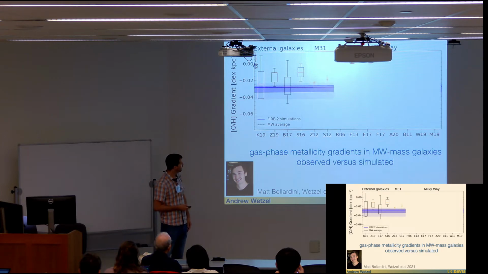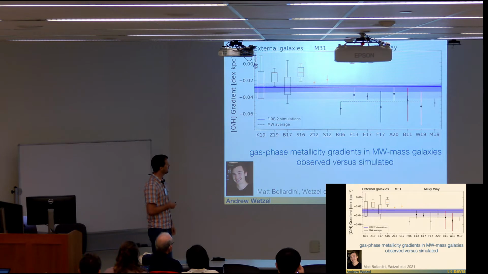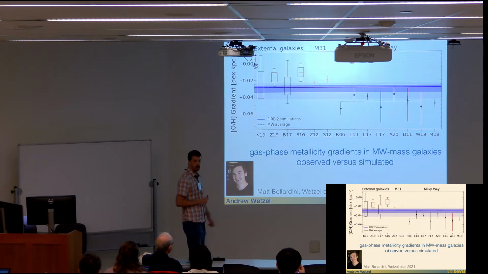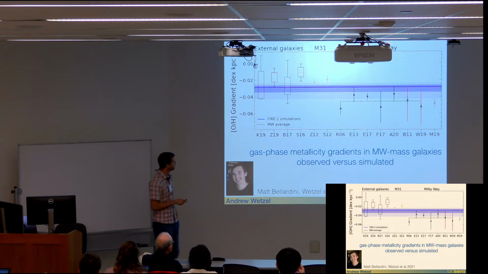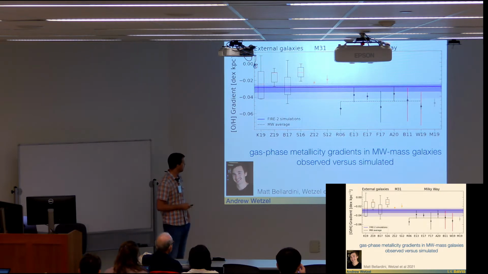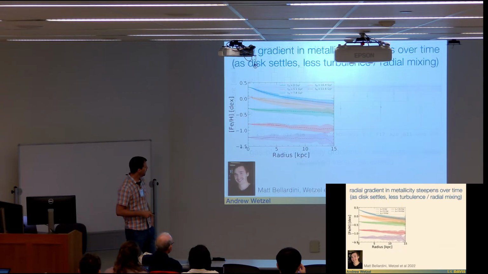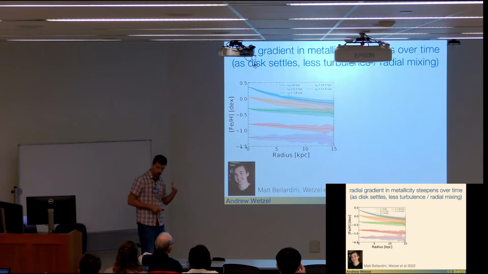We can also compare it to measurements of M31. They're a little shallower than our simulations, but again, the right ballpark. The interesting thing is if you put the Milky Way on this diagram, it's significantly steeper. So it does look like this is a sense in which the Milky Way is a bit of an outlier compared to a lot of galaxies in the local universe, which is that it has a somewhat steeper metallicity gradient than either our simulations or nearby systems. But my point is that the gradients today in these simulations are reasonably comparable to the Milky Way and nearby galaxies. So then we can look at what the radial gradients look like going back in time.